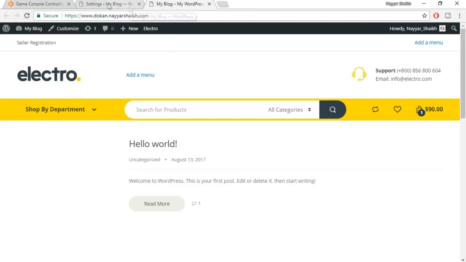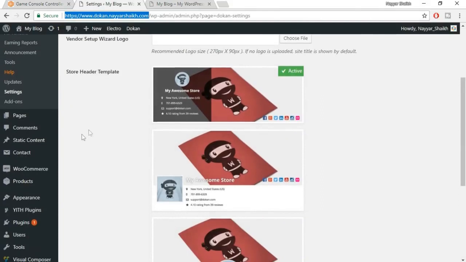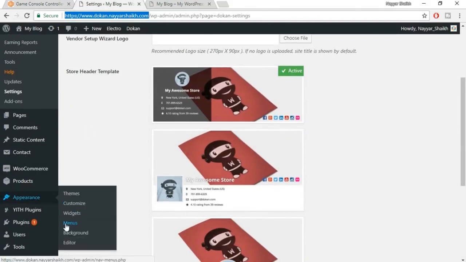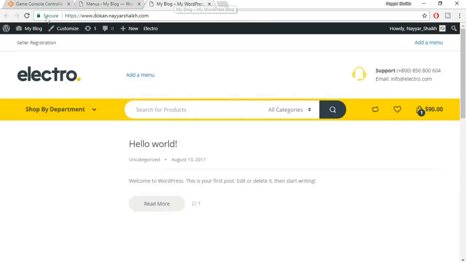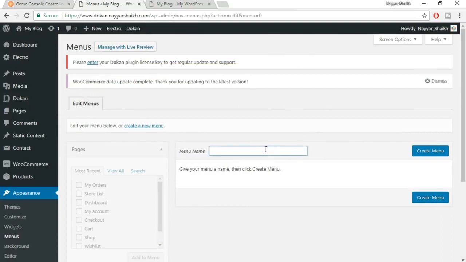Now what we have to do, we have to add these different options. For example, here you'll see seller dashboard, then here we have different menus over here. So let's create these two menus, this seller dashboard and the top left and top right menus. Okay, so come back to your dashboard, hover appearances, you will see this menus. Click on menus. Now suppose we want to add this menu first, the top left menu. So we can name this anything. For example, I am naming it as top left. Okay, now click on create menu